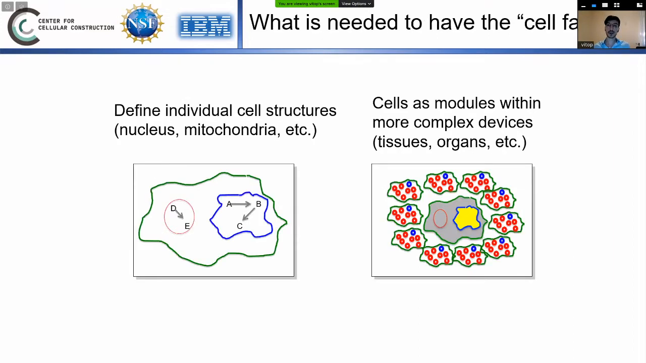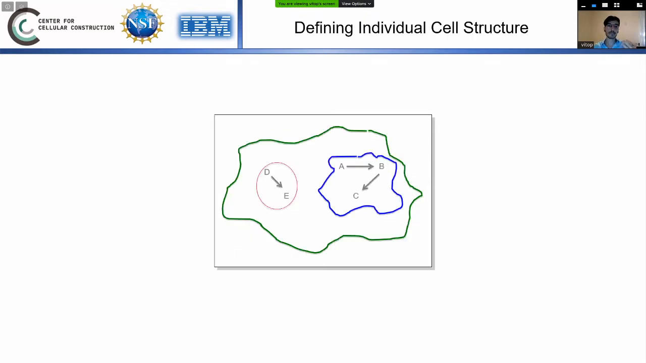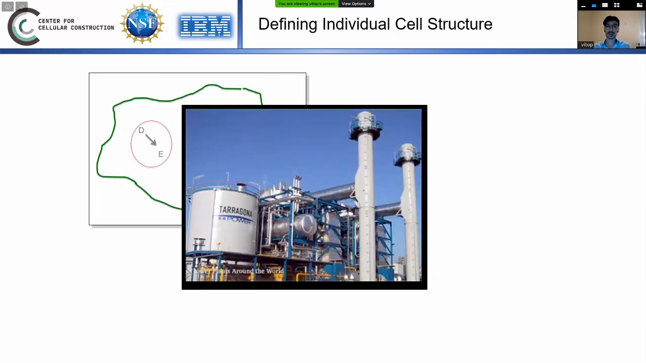Now, in order to have this cell factory, we need two different points to be satisfied. We should be able to define individual cell structures, but also we should be able to understand that the cell is part of a bigger and more complex device, like a tissue or an organ in the organism. And so, about the definition of individual cell structure,